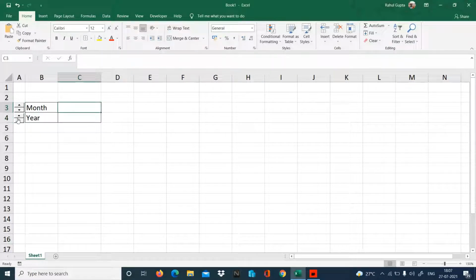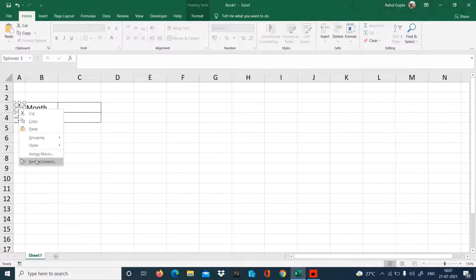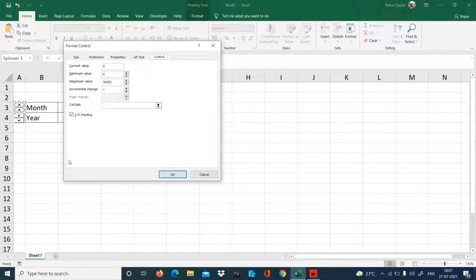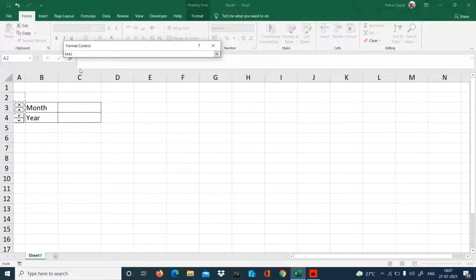For configuration of these buttons, I'm going to right click on this button and we have format control. So here it directly goes to the control. Current value, since July is going on, so I'm going to write 7. Minimum is 1 and maximum is 12 because we have to give it for month and month is between 1 to 12. Increment will be of 1 and the cell link, we want to keep it behind this button because I do not want to show 1, 2, 3, 4.